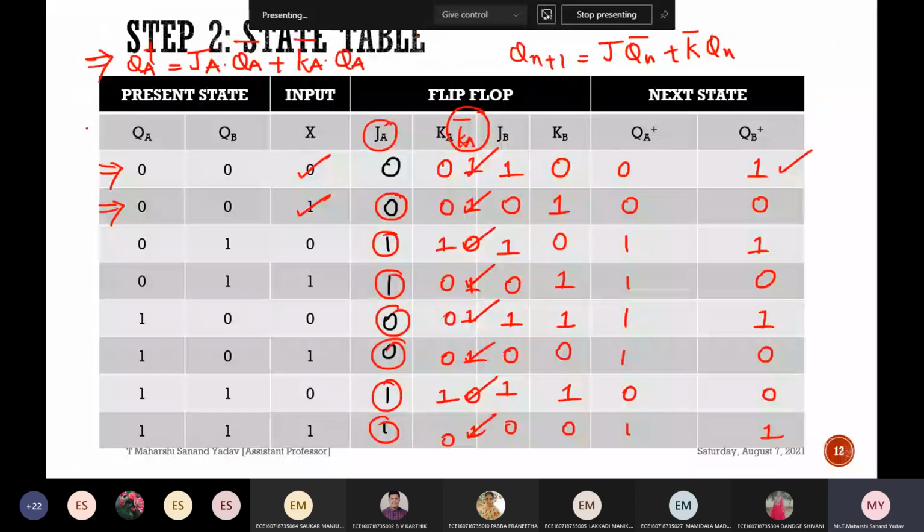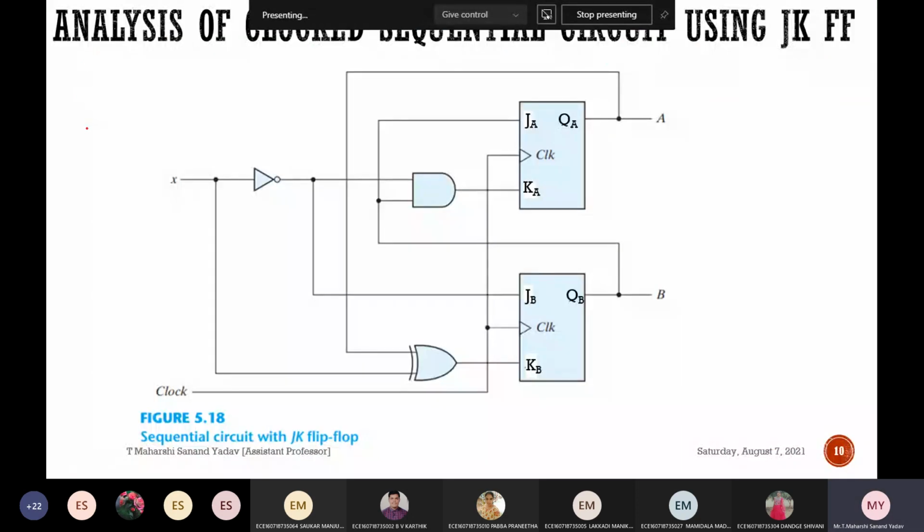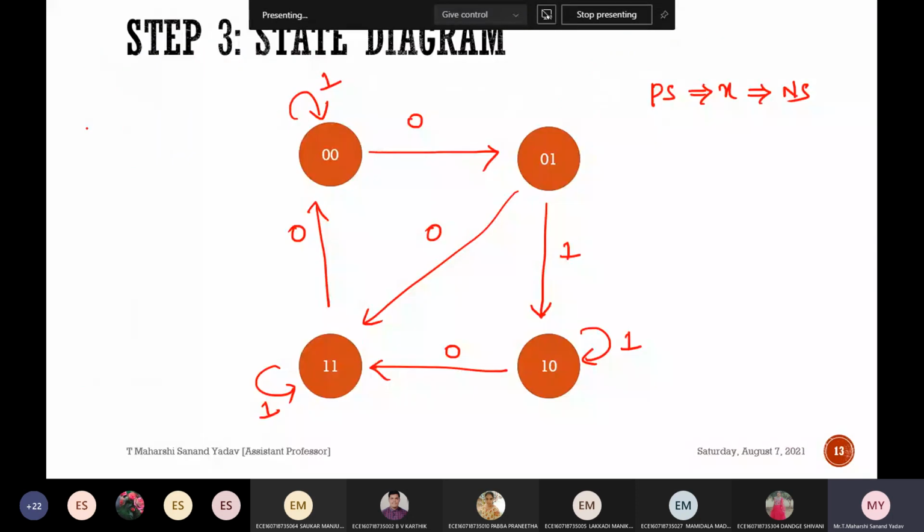If you are having any doubts, please ask me. Why? Because only few are responding. I think those who have not attended the class of Mealy and Moore will find it a bit difficult to understand this one, because there I have told in detail how to detect a sequence and how to draw the state diagram. Those who were absent for the last class, please raise your hand. So all are present.